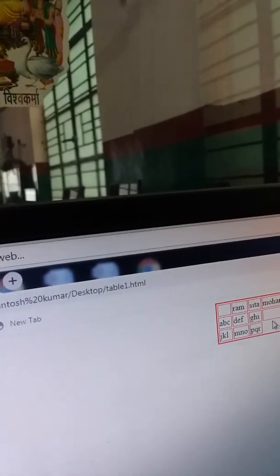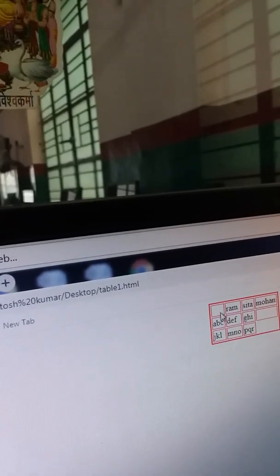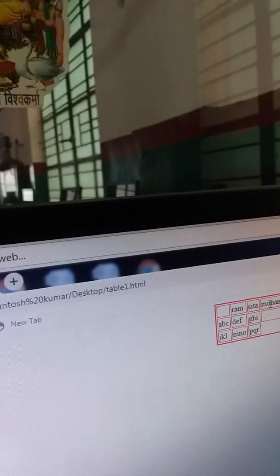One more cell has been drawn because I have used th inside the tr, so in tr there is nothing. That's why this space is blank. You can use the data in this way, in a vertical way also and in a horizontal way also.